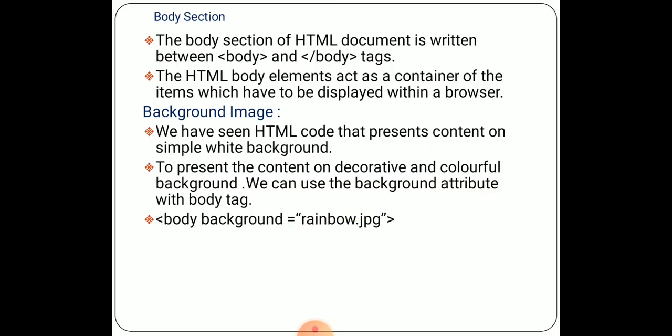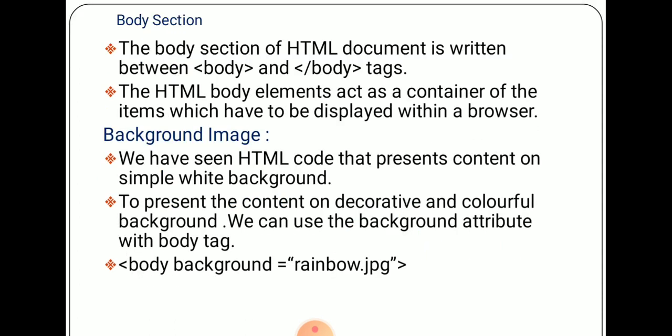Next, body section. The body section of HTML code. The body section of an HTML document is written between the body starting tag and the body ending tag.